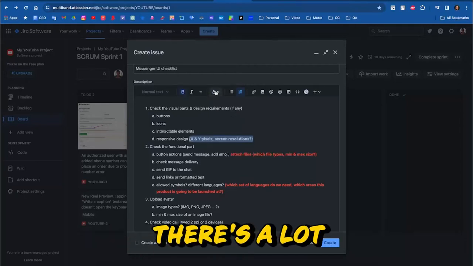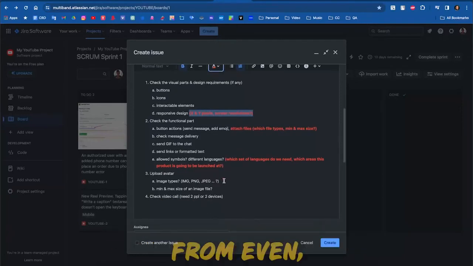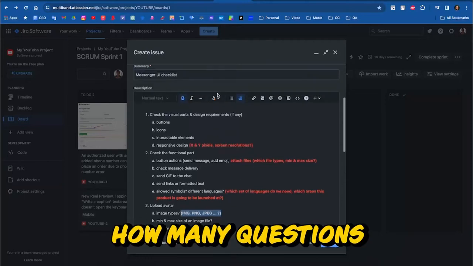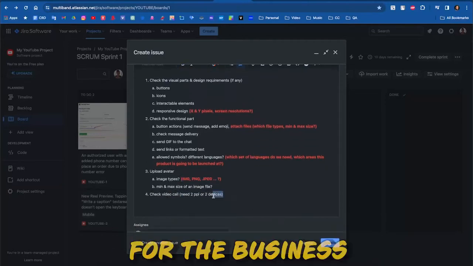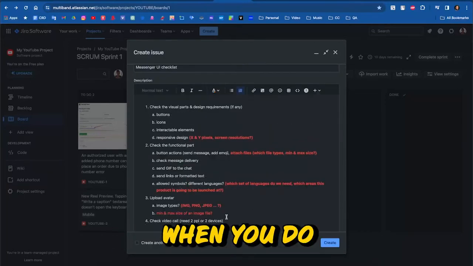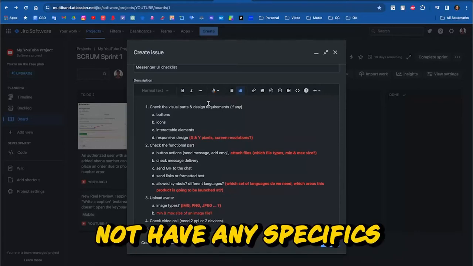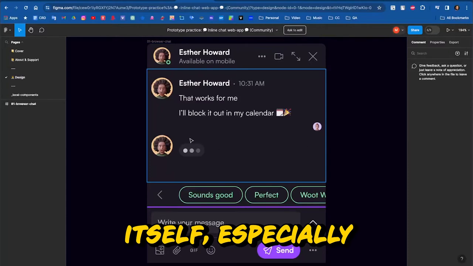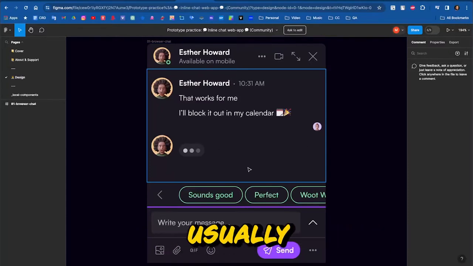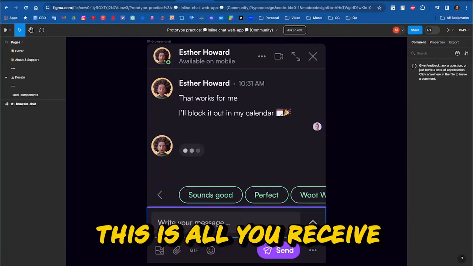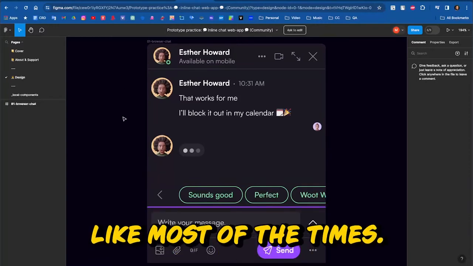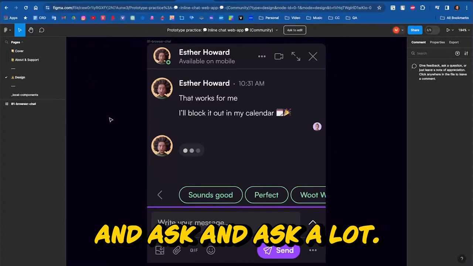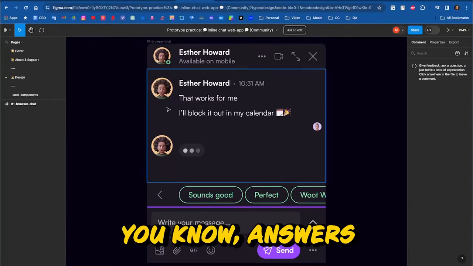As you can see, there are a lot of questions to the business side even from this small task. You can see how many questions we already have for the business. It's not a rare thing when you do not have any specifics other than the mockup itself. Especially this goes for startups. Usually when you're working in a startup, this is all you receive, most of the time. And you gotta dig and ask a lot if you want to get answers and make your